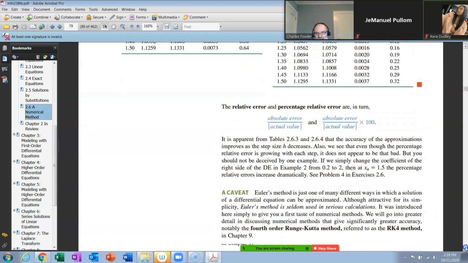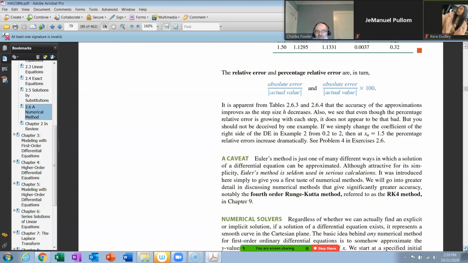Something to keep in mind. Euler's method is just one of many different ways in which a solution of a differential equation can be approximated. Although attractive in its simplicity, it's seldom used in serious calculations. It's introduced here just to give you a first taste of numerical methods. We go into greater detail in discussing numerical methods in Chapter 9, and the ones that give significantly greater accuracy,